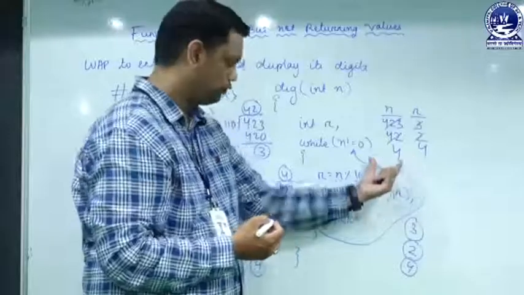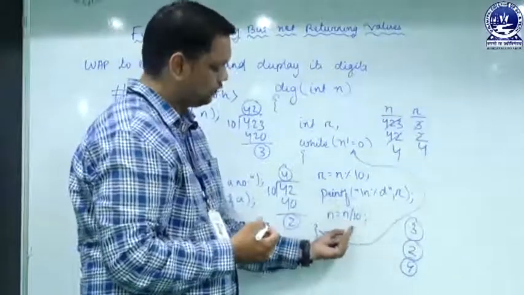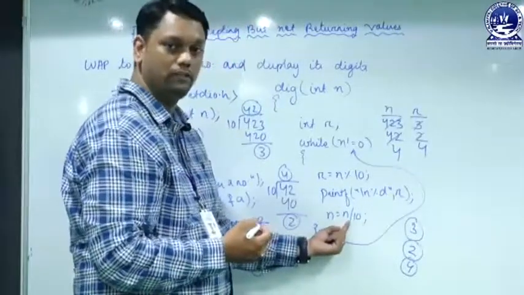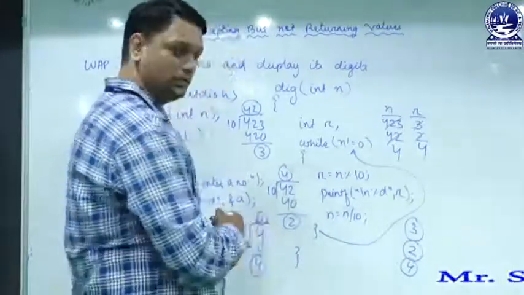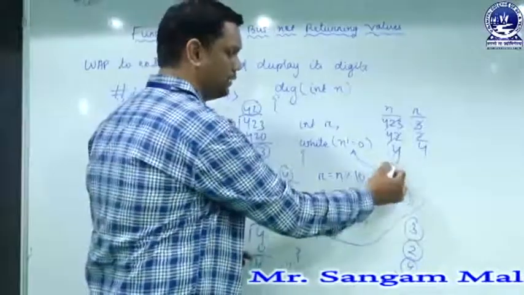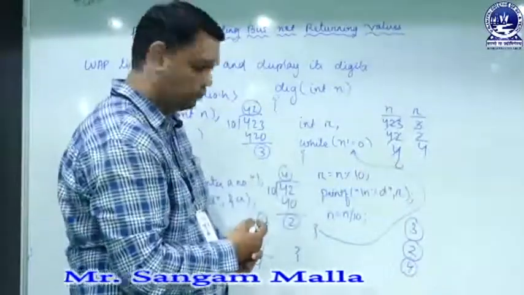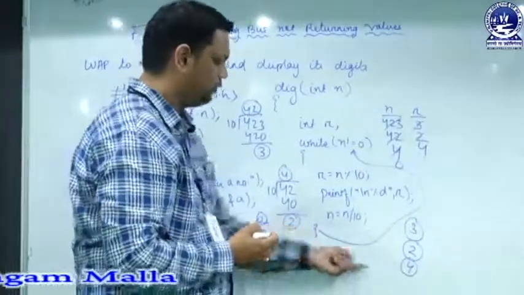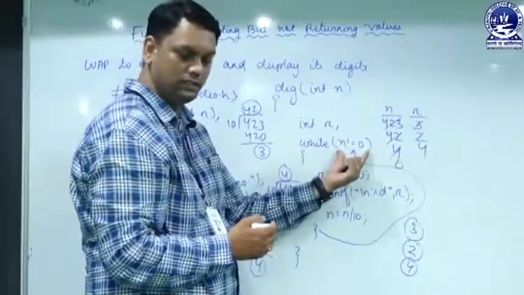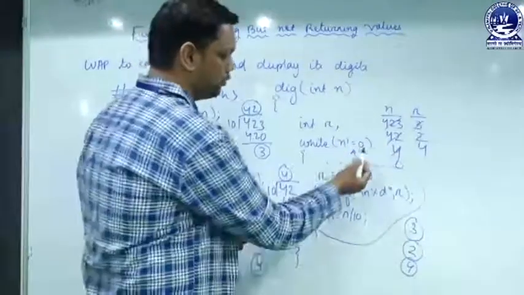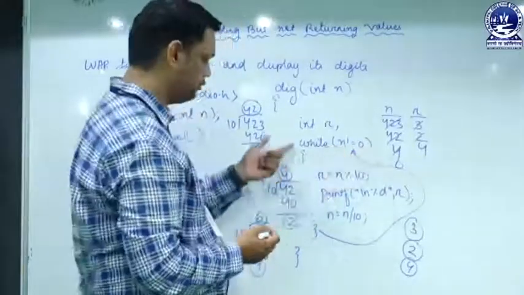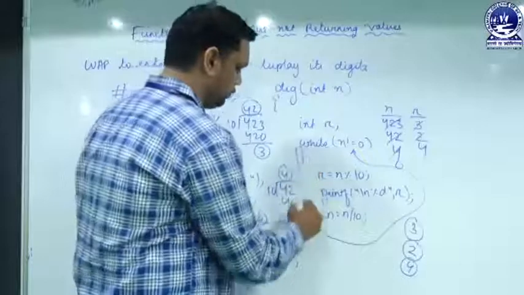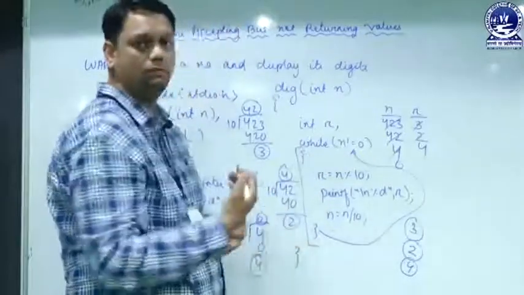That is 4. So 4 will be divided by 10, but as we are using the division operator, it will return the quotient. So 4 will be divided by 10 and the quotient is 0 now. Now the value of n has been changed to 0. So when it will come to this curly bracket, it will be redirected to this condition. Now it will check n is not equal to 0, 0 is not equal to 0, false, 0 is equal to 0. So the condition will return false and it will come out from this block, and finally it will come out from the program.